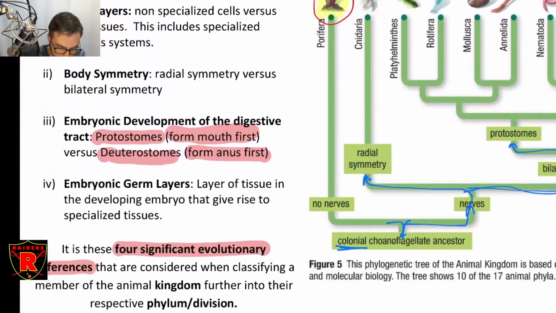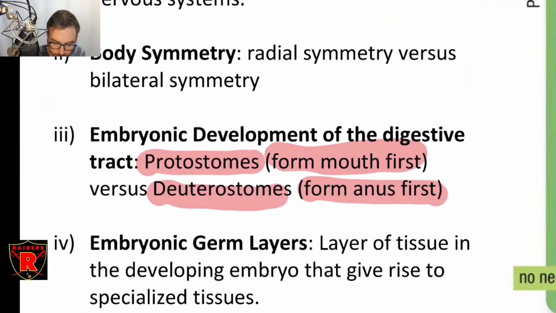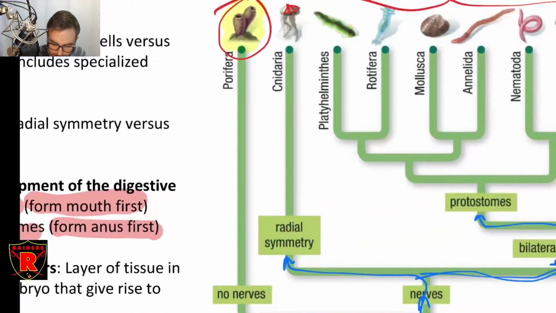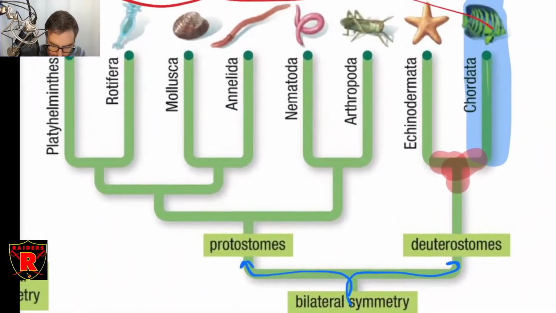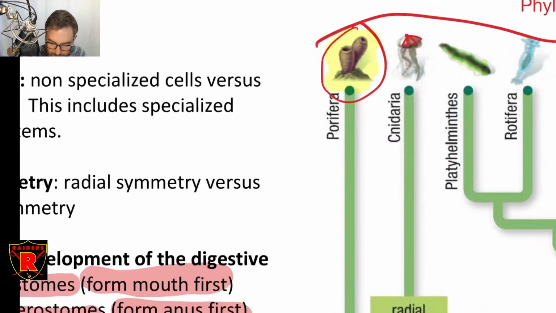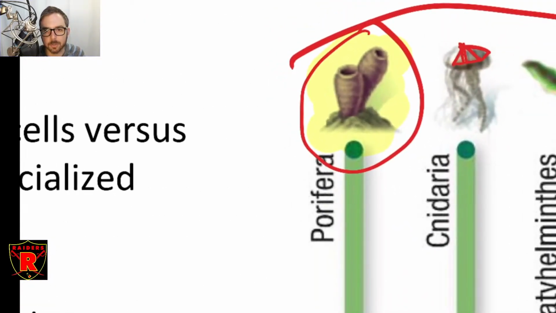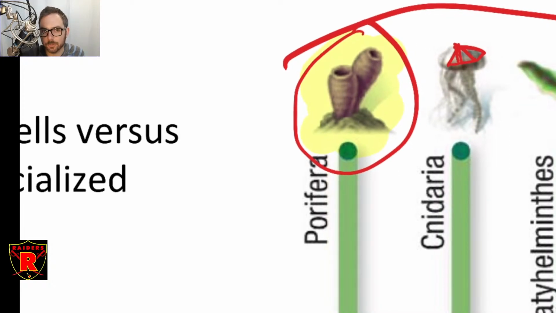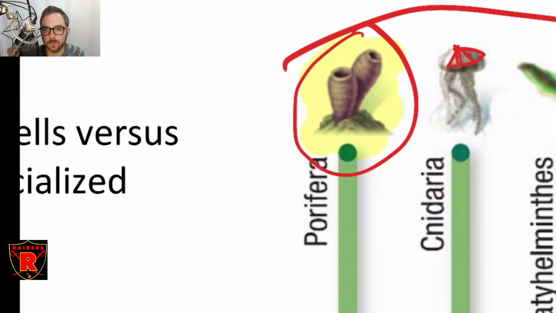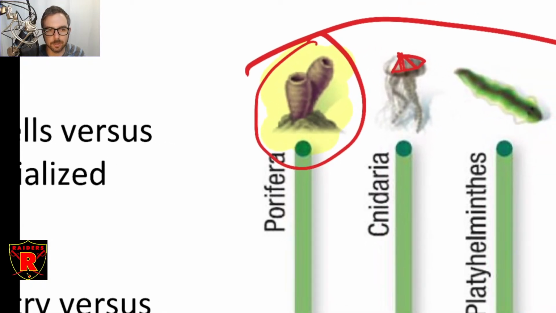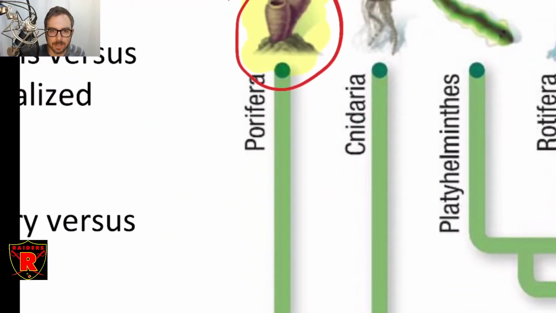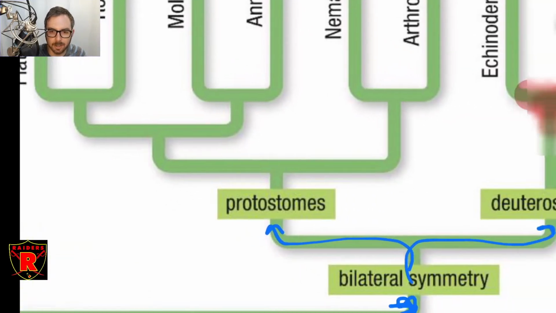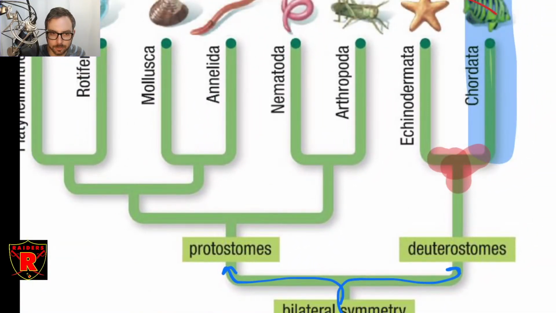You can also look at their embryonic development. Okay, so how does their digestive system build during embryonic development? And again, that only applies to these over here. It doesn't apply to these two because these two don't have a traditional digestive system, like a tube that goes from end to end where you process food. Their digestive system works quite differently. So you can't even classify these based on that, which is why you don't find that classification on the other side.